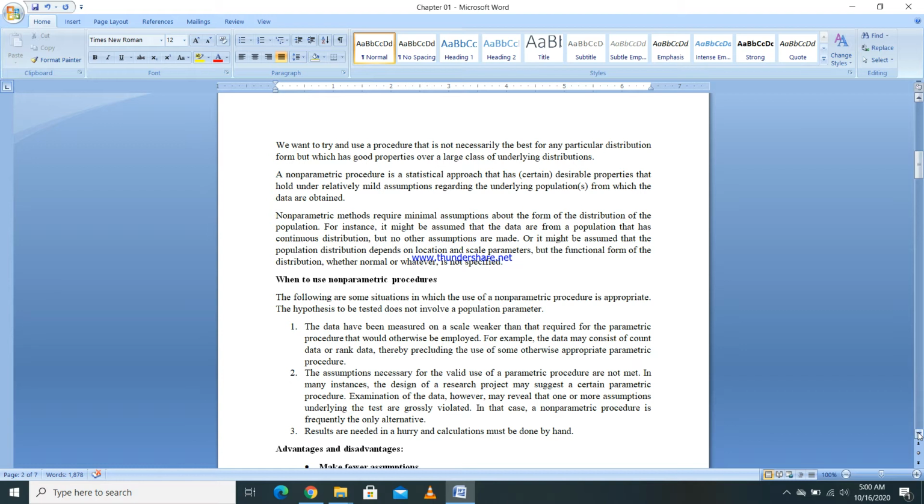So one thing is, if you have a sample, and you take the measurement scale of your variables, if it is a weaker scale where you cannot apply the parametric methods, for example, if you have count data or rank data, then you have to apply the non-parametric methods. And also,